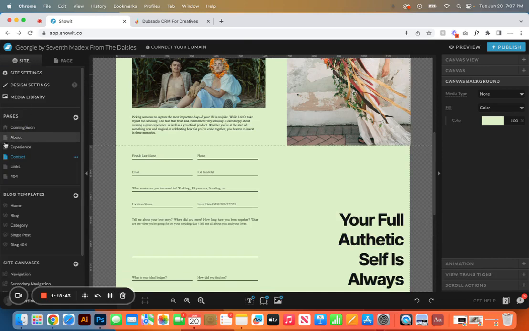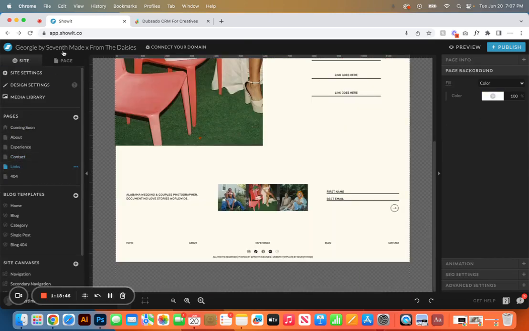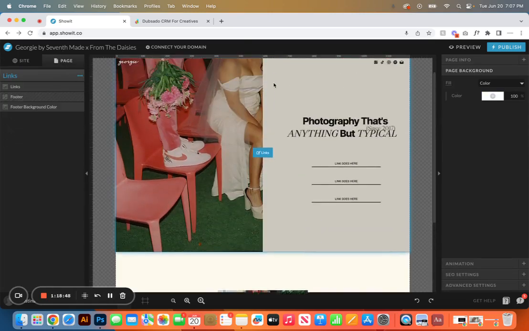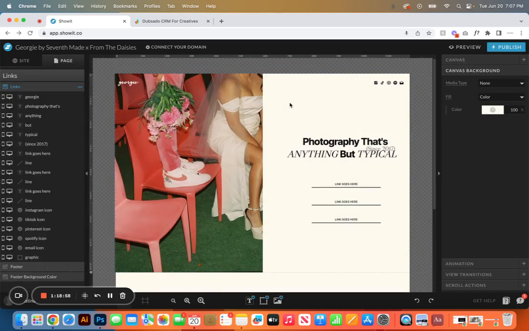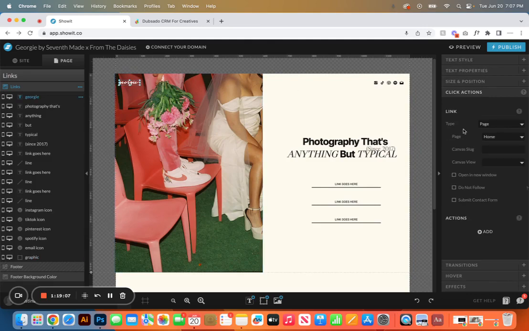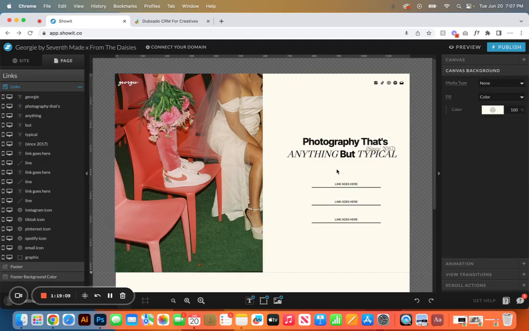Lastly, I just wanted to go over the links page. So this one is available if you do want to have an Instagram links page. It is super helpful to have a page that already exists within your website for a links page. So we have this one ready for you. It's going to be the same process to customize. So swapping out the photo, adding your logo, making sure your logo is linked to the homepage, adding in any